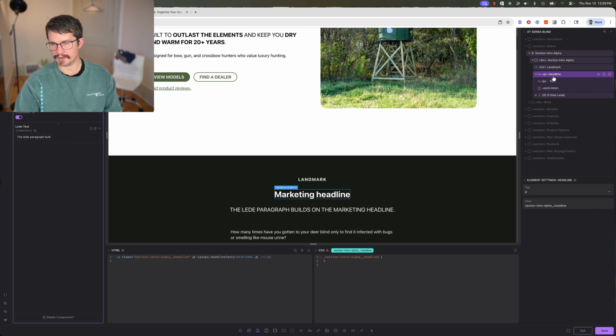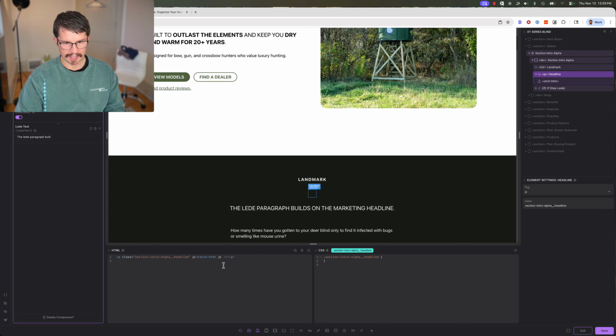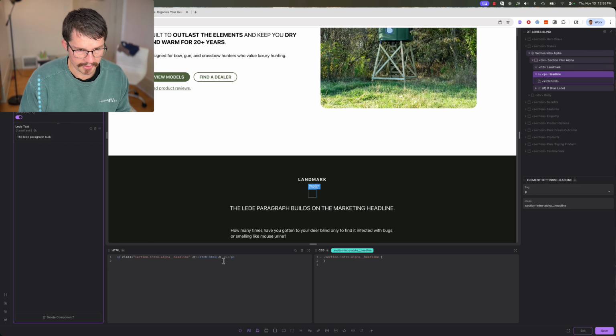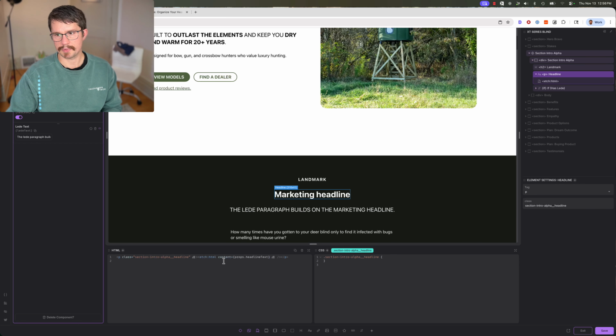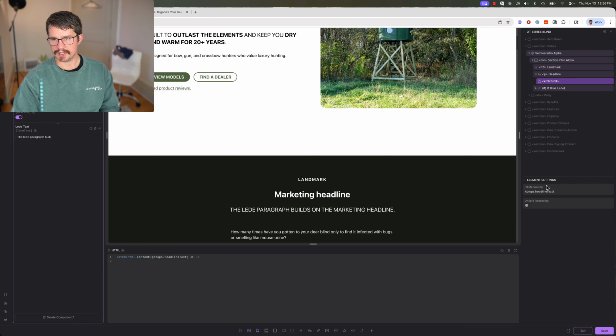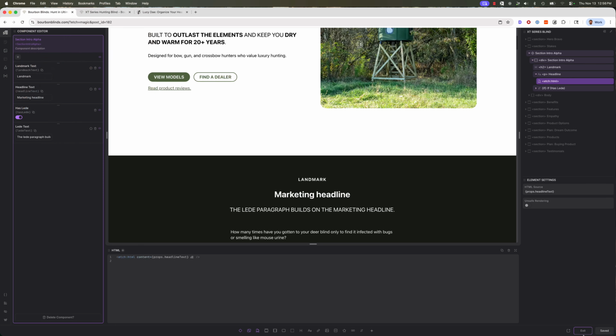It's a little hard to see, but I found it easier if I click on the parent element, the paragraph. I can then grab that prop. I'm just going to cut it, and then put it within this Etch HTML element. However, we need to add another thing here. We need to add the content attribute to it, and then just paste in our prop. And now if I come up here, I can see there's my prop. Now if I hit save, and now if I hit exit,